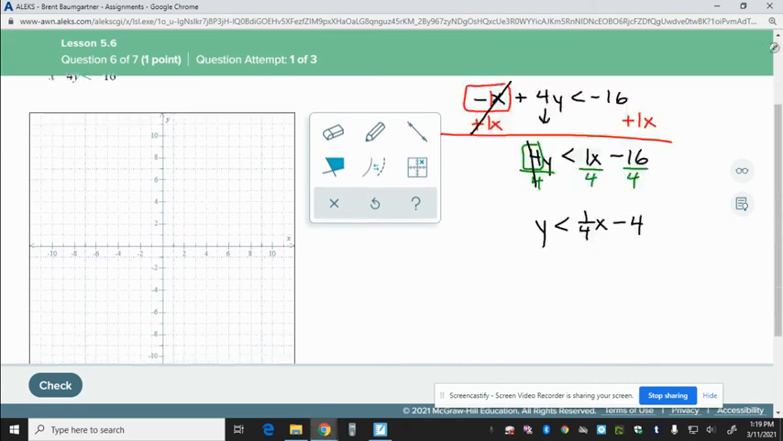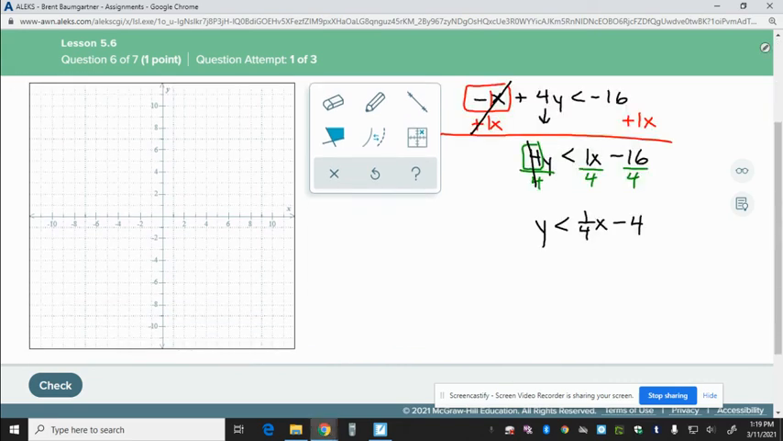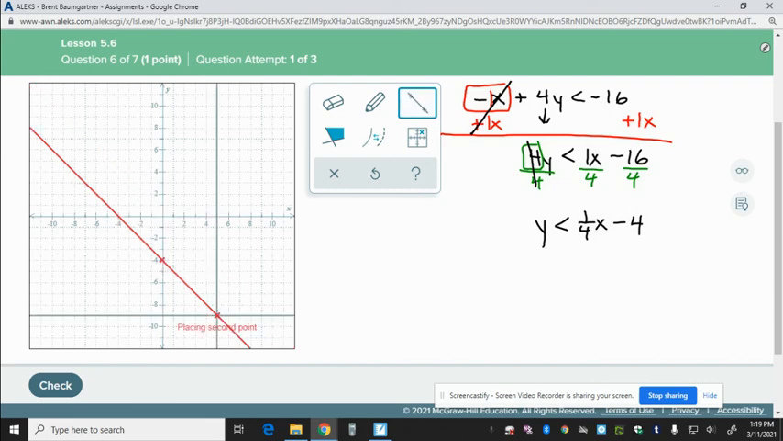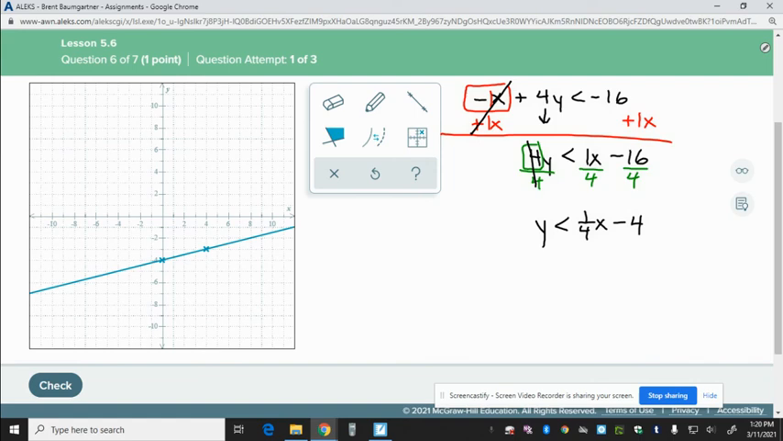It's time to graph this now. So my y-intercept is negative 4. Choose the line tool. Okay, there we go. My slope is 1/4. That means I will go up 1, right 4. And there is my line. However, I need to look at this symbol and notice that that means it's a dotted line. So I'm going to change this to a dotted line. And then the last thing,